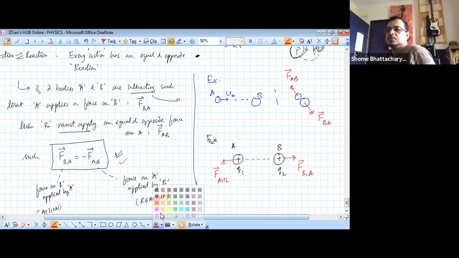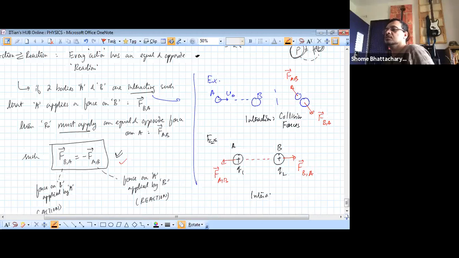So this is an example of collision forces. That is the interaction. This is an example of interaction via what is called electrostatic forces, or electrostatic repulsion, to be more precise, because they are like charges. So whatever the nature of the force of interaction be, the principle will always apply that